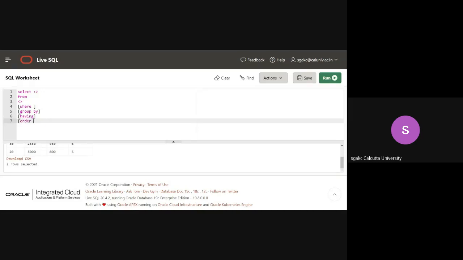So these are the entire constituents of the SQL statement. Now you can use it for multiple purposes, whatever is required. In fact, later on you will also use it for multiple tables. You may want to use data from two tables. There is something called join, which you will see later.